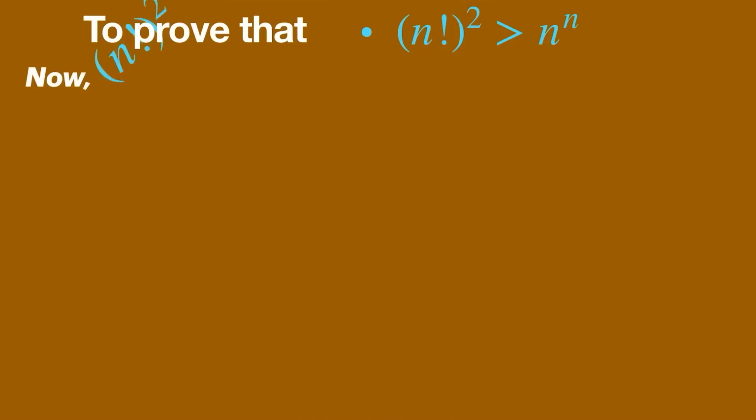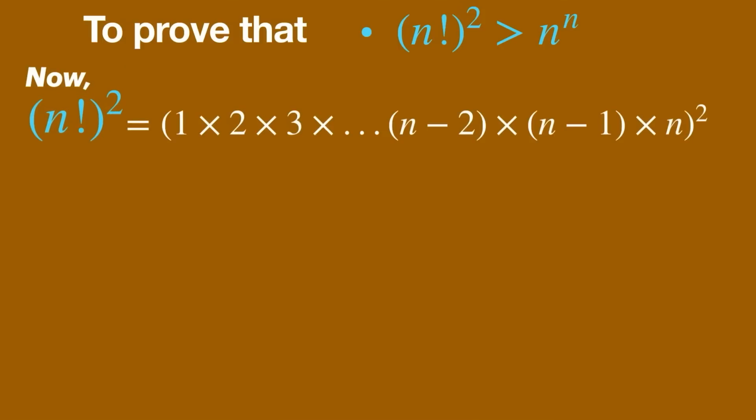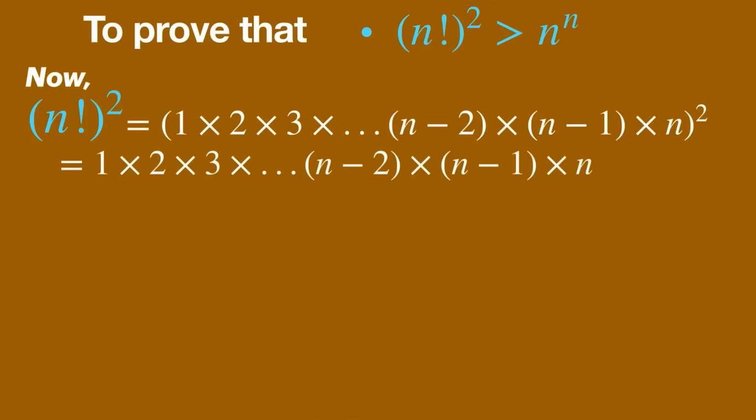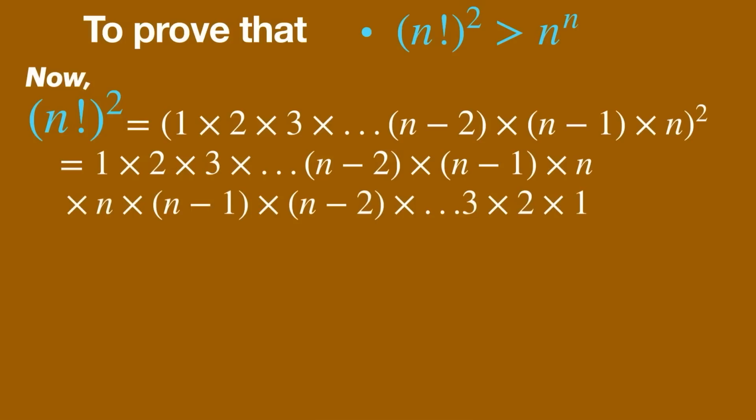Here, factorial n square, we can write the expanded expression of factorial n first in increasing order, 1 into 2 into 3 into ... n minus 2 into n minus 1 into n, then in decreasing order in the second line, n into n minus 1 into n minus 2 into ... 3 into 2 into 1,